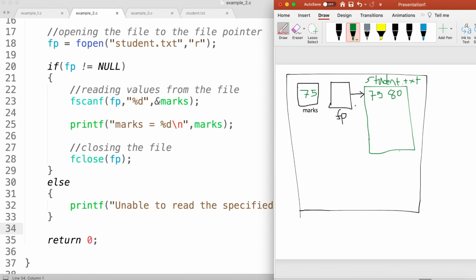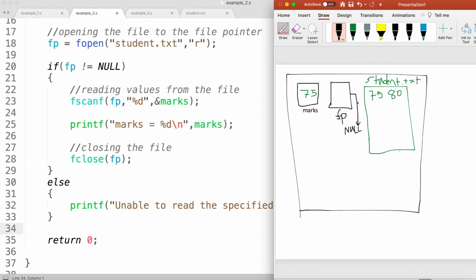When I'm closing my file, I'm going to assign this file pointer. So when I close this file, what will happen? It will assign my file pointer to a null file pointer. So this is what happens when I execute the fclose command, right?